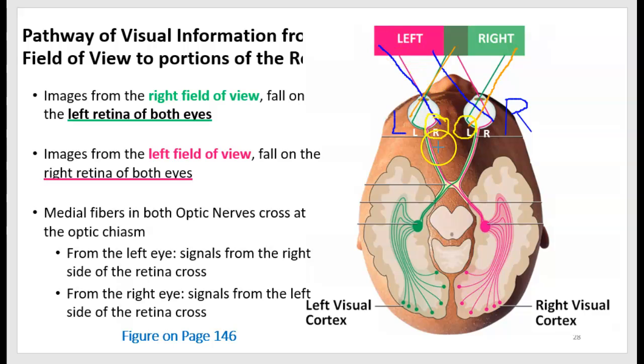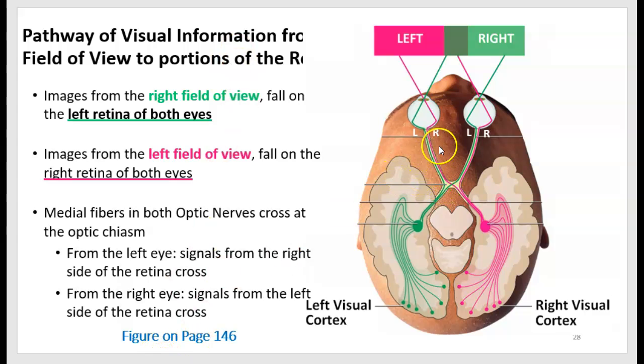Notice from the left field of view, we have pink rays on the right eye, and it crosses in the optic chiasm. The same is true from the right eye, the medial side here. We have these green rays that cross over to the opposite side. This may or may not make sense to you, but it tells you that if you had some sort of accident that caused